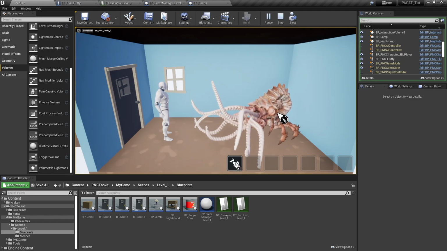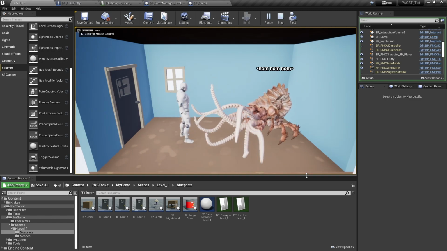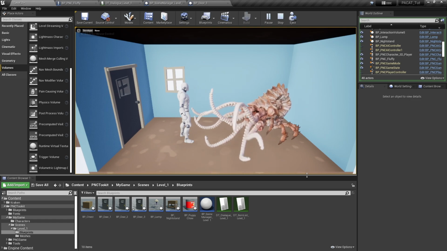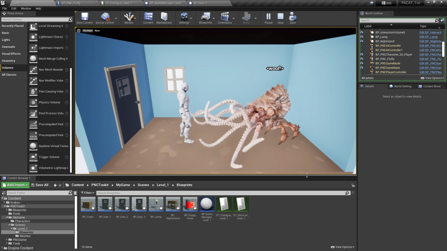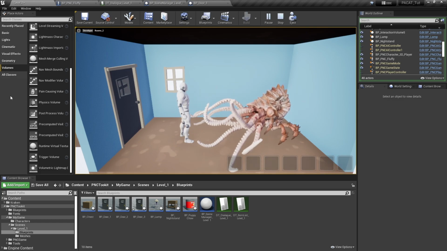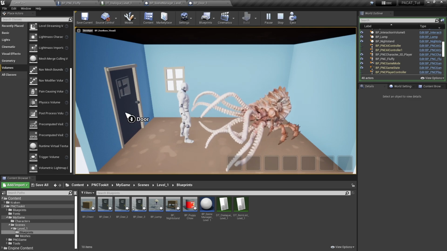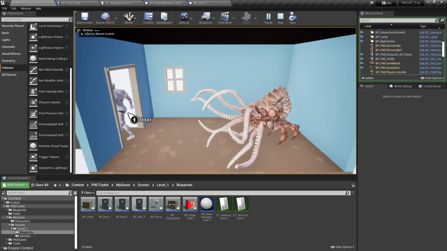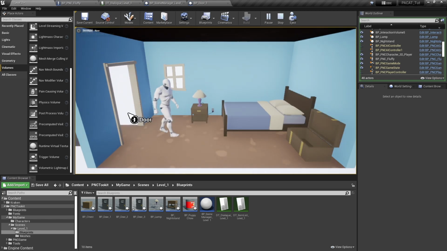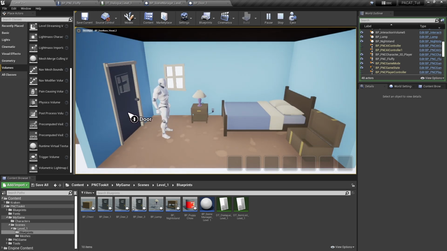Gonna click the puppy chow and nom nom nom. Feel better now? Woof. Perfect. And now it's gone from our inventory. Now it's not saved yet, so if I were to stop this scene and then reload it, we would have it back on our inventory. Go downstairs. Now if we click on the door,